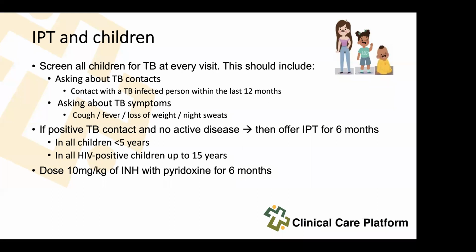Now, let's come to HIV negative children. Again, there must be a contact. So there's an adult who has TB. You have a child whose status is negative. Children who are HIV negative who are less than 5 years are eligible for INH. If you have a 7-year-old who comes in, and there is a contact, but the child is HIV negative, that child is not eligible for INH, right? They would be eligible if the child was HIV positive, and that is really key.